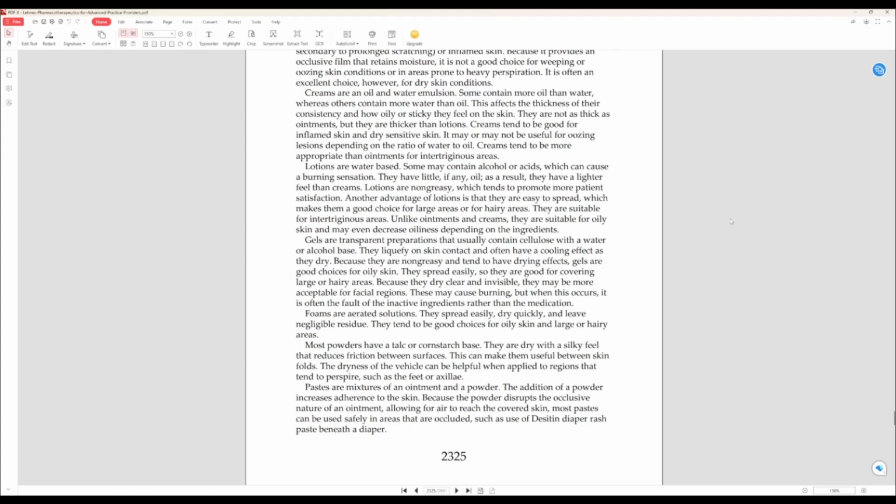Pastes are mixtures of an ointment and a powder. The addition of a powder increases adherence to the skin. Because the powder disrupts the occlusive nature of an ointment, allowing air to reach the covered skin, most pastes can be used safely in areas that are occluded, such as the use of Desitin diaper rash paste beneath a